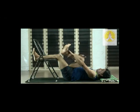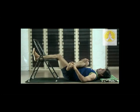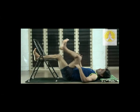Right leg up, fold from left hand, hold the ankle joint, pull from right hand, push the knee across the chest. You should keep the neck at the center and chin towards the chest. All these postures also greatly help the lower back. Release right leg,